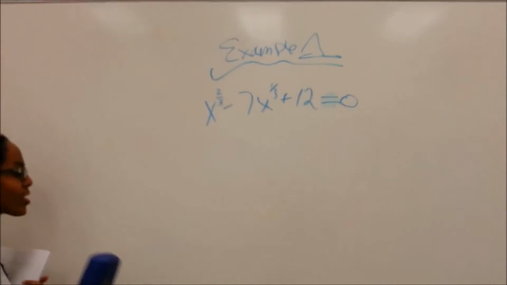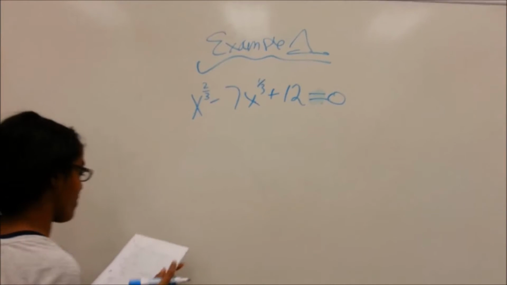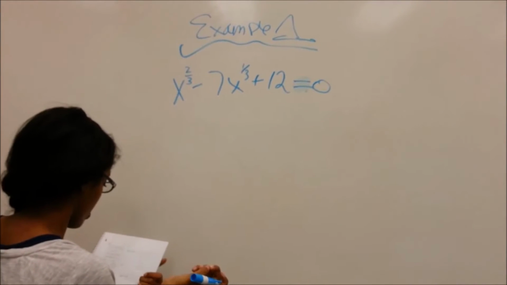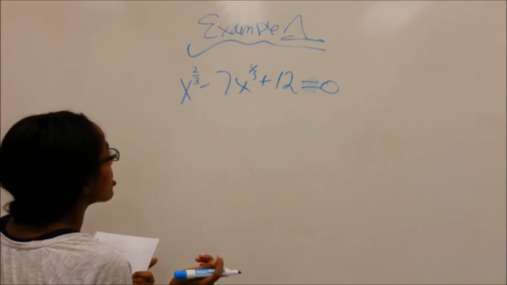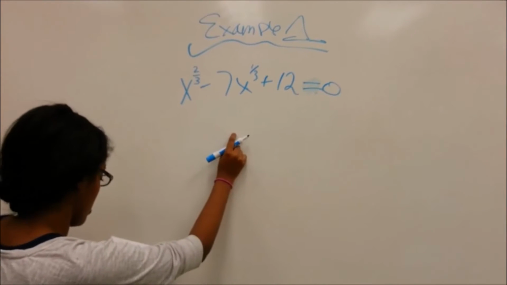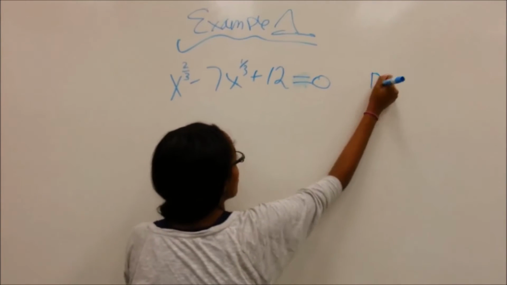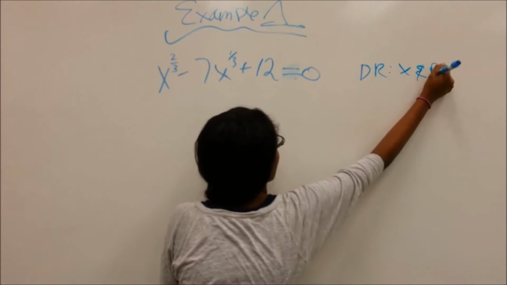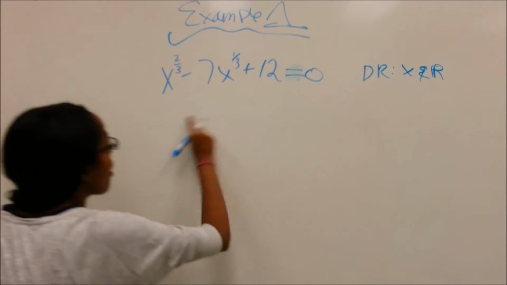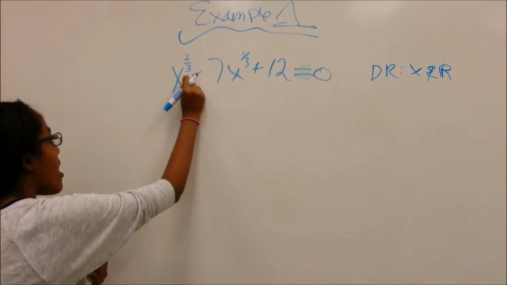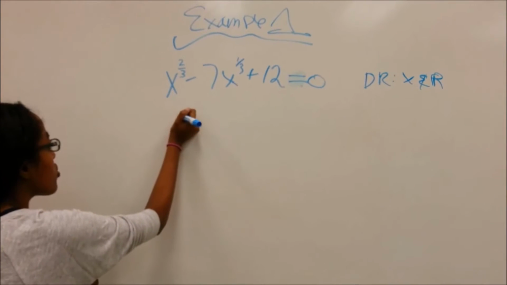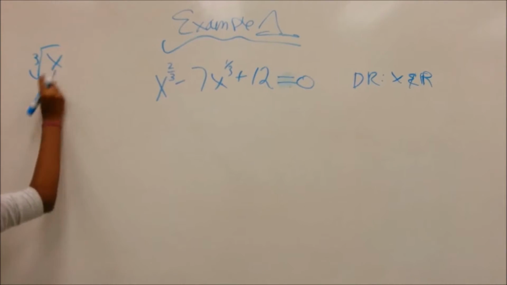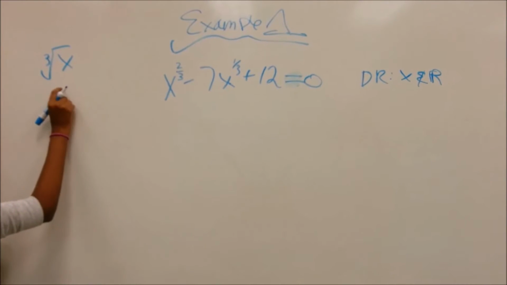So this is the problem we're going to be solving for the first example. What you have to do first for any problem is find the domain restriction. The domain restriction for this equation is all reals. You know it's all reals because x is being cube rooted. Whenever x is being cube rooted, the answer can either be positive or negative, which makes the domain all